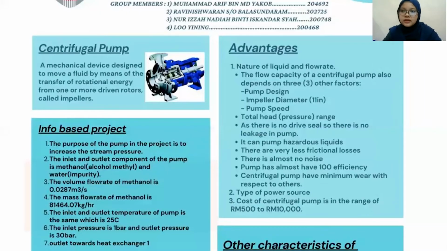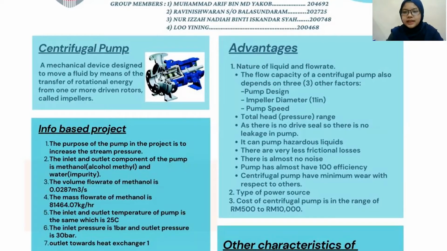Okay, let's talk about the advantages of centrifugal pump. This is why we choose centrifugal pump. First, nature of liquid and flow rate. The flow capacity of a centrifugal pump also depends on three other factors. First, pump design. Second, impeller design. Third, pump speed. So, based on our project, methanol has the volume flow rate of